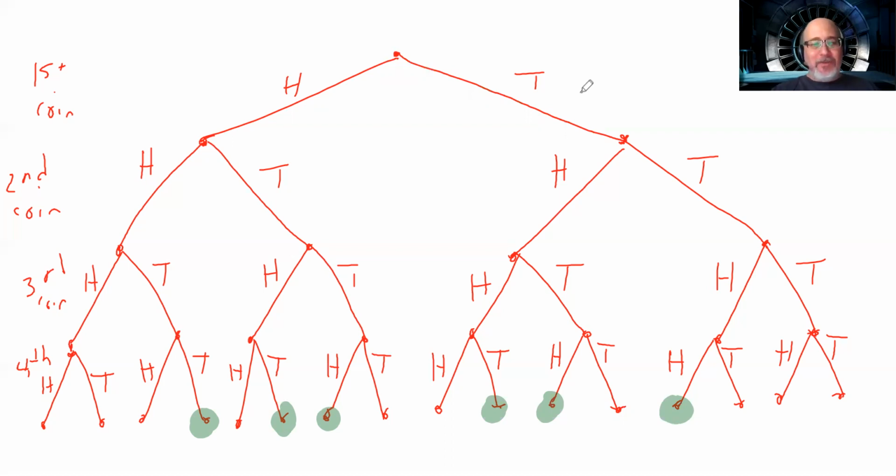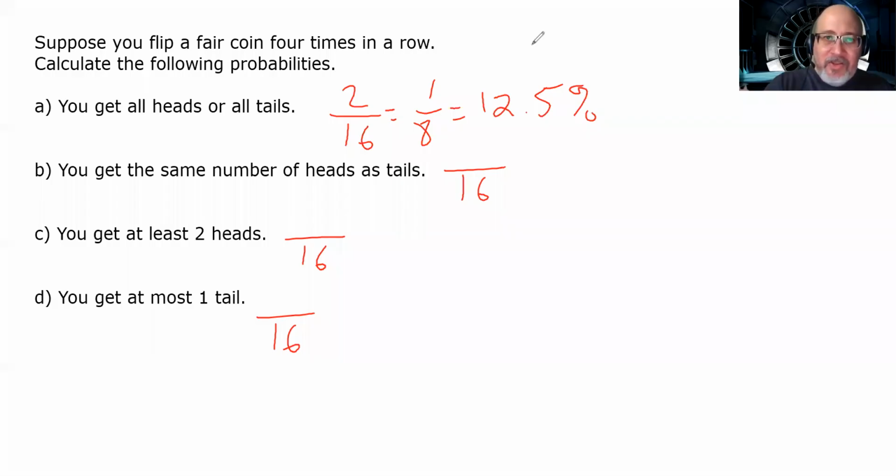Let's write that on the previous page. 6 out of 16 reduces to 3 out of 8, which is 37.5%. Now, just as a side note, some of you might be thinking, isn't there a way to get that 6